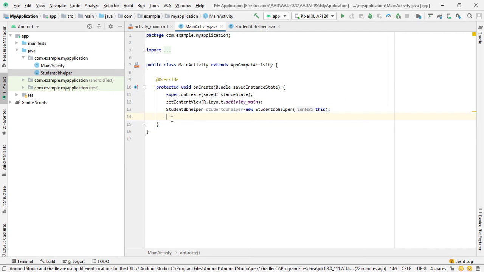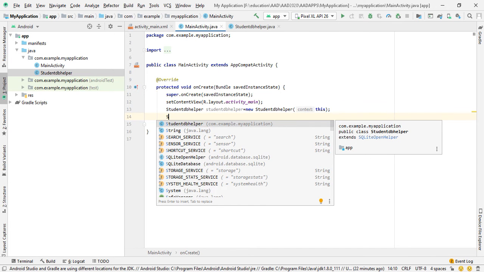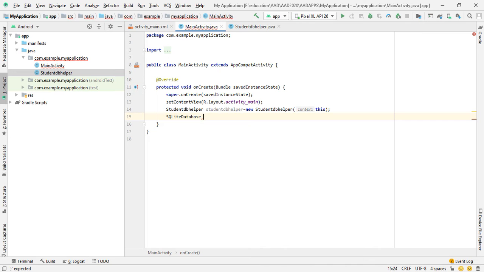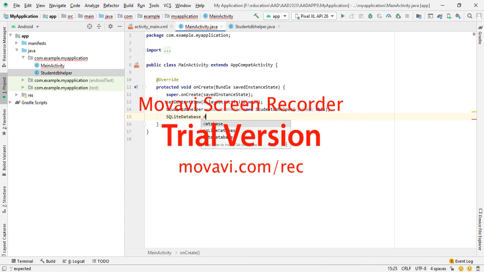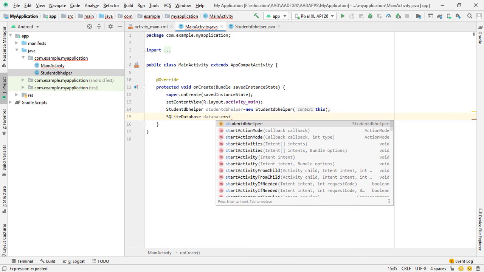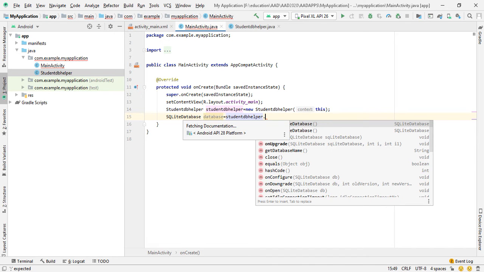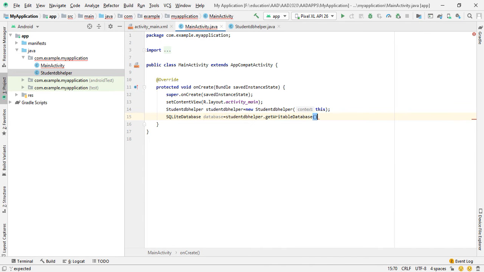So create the object SQLiteDatabase, equal to the studentDBHelper object dot getWritableDatabase method.